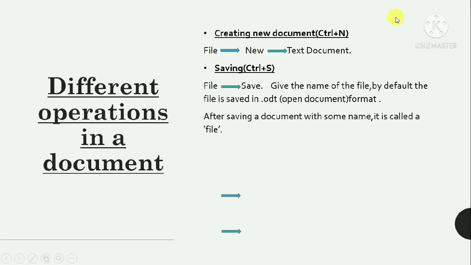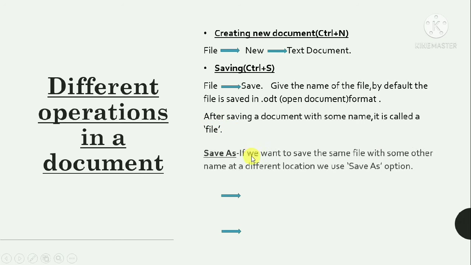We can also use the shortcut key Ctrl plus S from the keyboard to save the file. So you can go to File and click on the Save button, or you can use Ctrl plus S. After saving a file with some name, it is called a file.